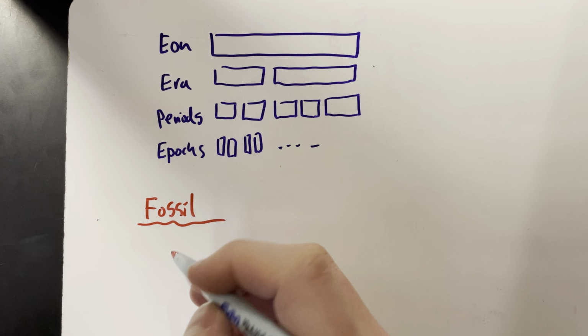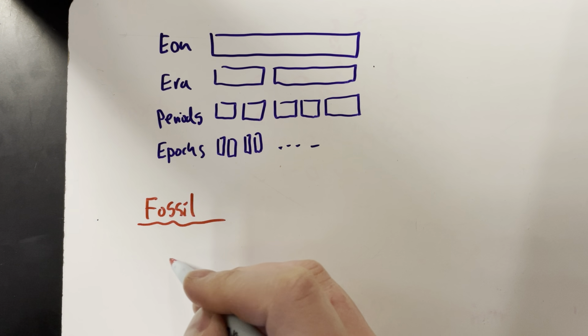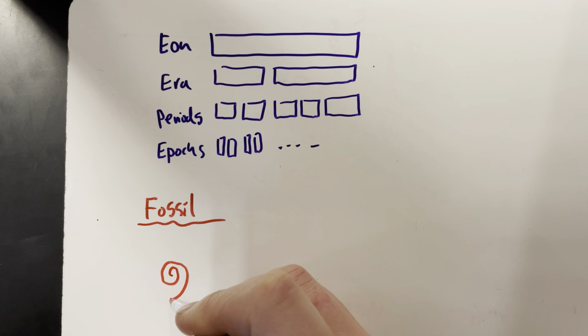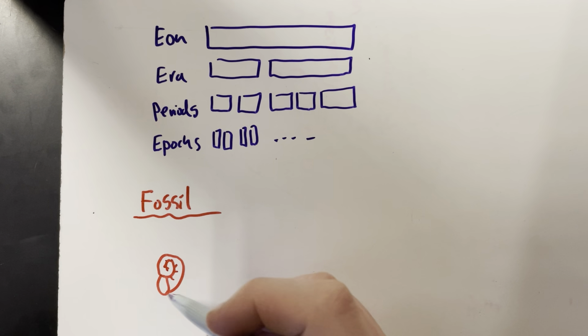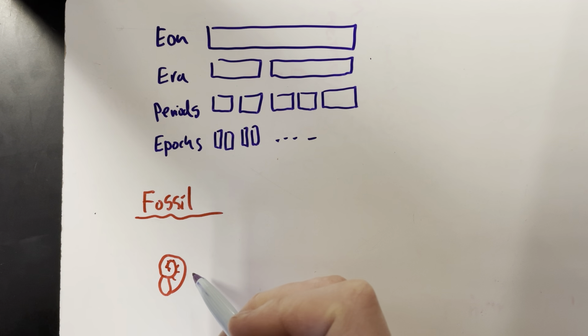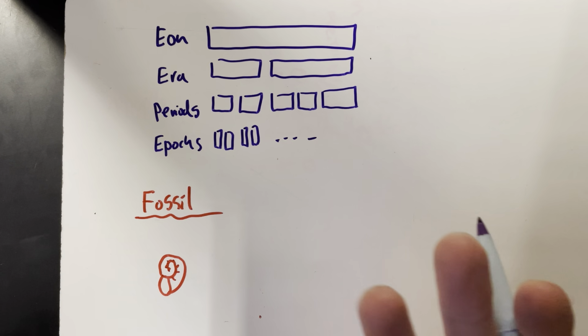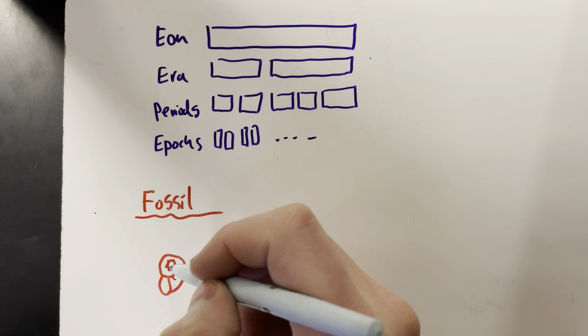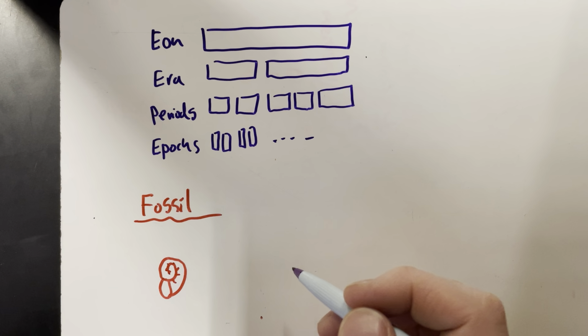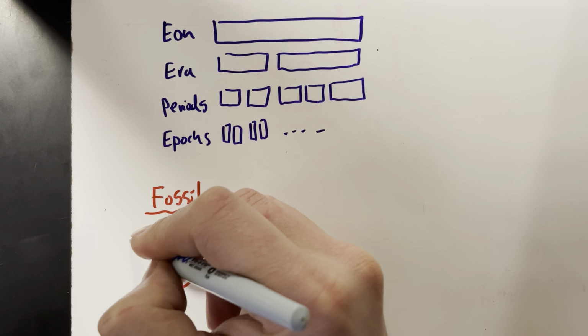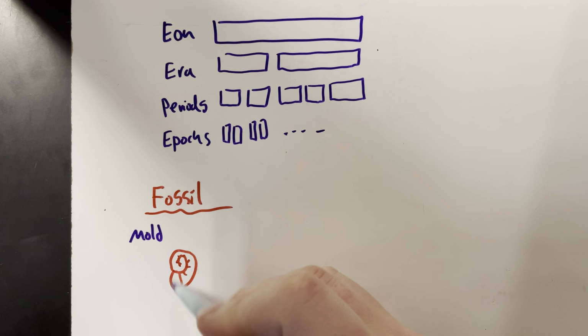And they form in a couple different ways. For example, if you have a little shell here, you can have a shell that gets buried and the calcium carbonate from the shell dissolves away. And then all of a sudden you have this shell-shaped hole in the rock, in the sediment, right? I actually have one of those shells in my house. Oh, really? Oh, that's cool. So you have this mold that's formed by a void, right?